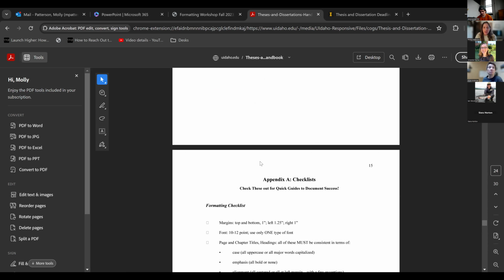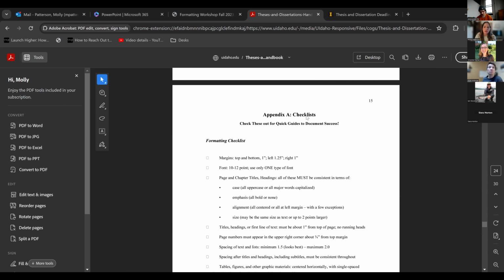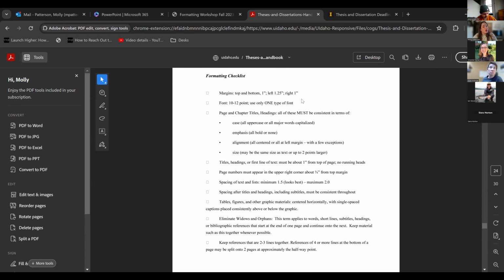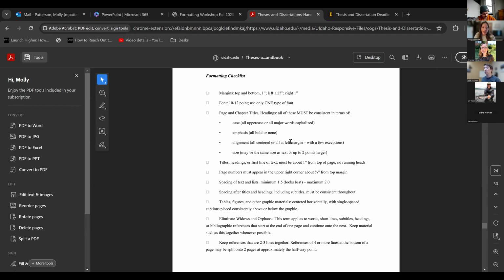Okay, so I want to get to a couple of things of note. If you really just want a nitty-gritty cheat sheet, something to have as a reference, print it out and put it on the wall. This is your girl right here. This is the formatting checklist. So this basically puts in one place all the information about the content, the formatting, all the requirements, all in one place. There are a couple of things listed here that I did not talk about, specifically